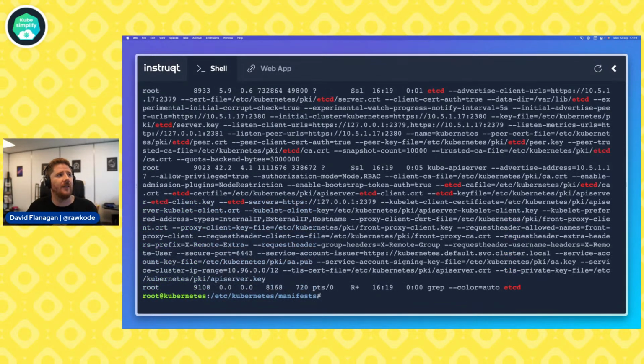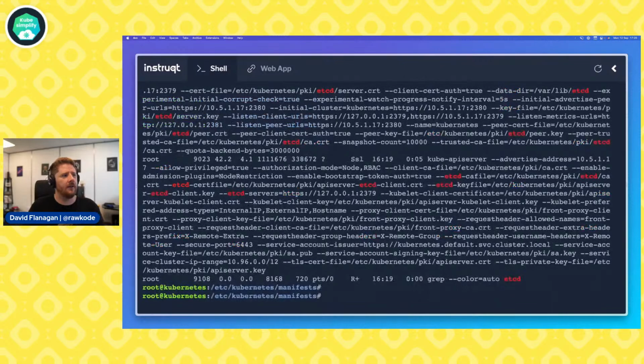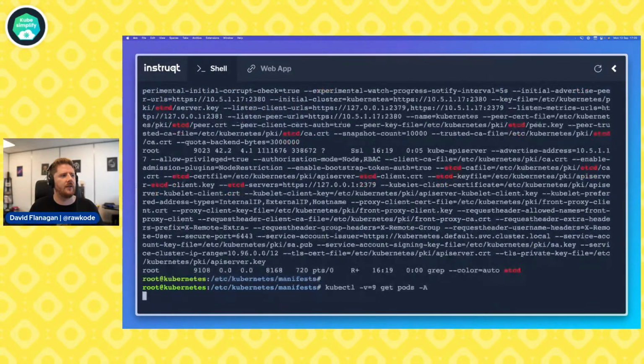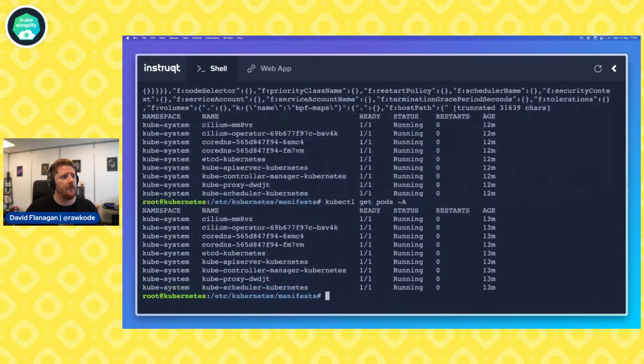Now, if we run ps, we actually see etcd is now running, and our API server looks okay. Well, it hasn't flapped in 60 seconds, which is better than it was doing. Why don't we come back to our get pods? And it worked. I still had the -v9 there, so we had a lot of information. But now we have a working API server. So we can see Cilium, CoreDNS, etcd, etc. Things look a little bit better.